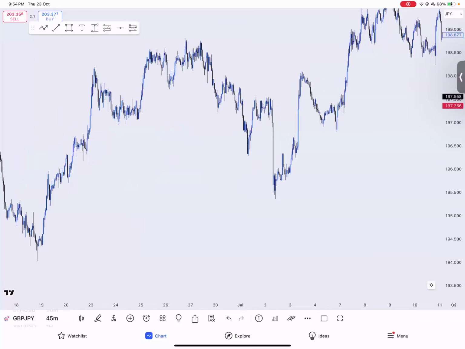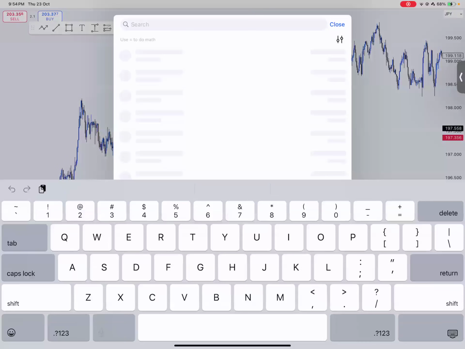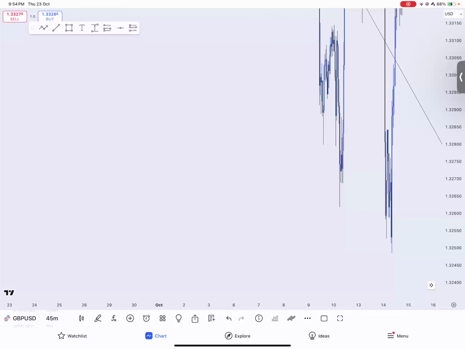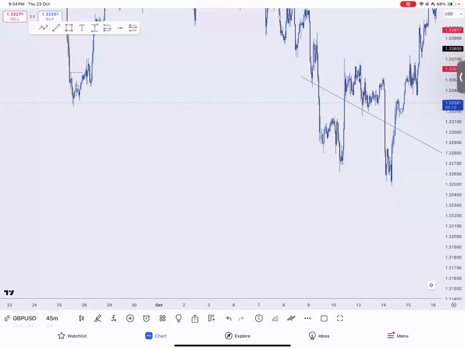The second example is the equal highs and equal lows liquidity. Then the last example,